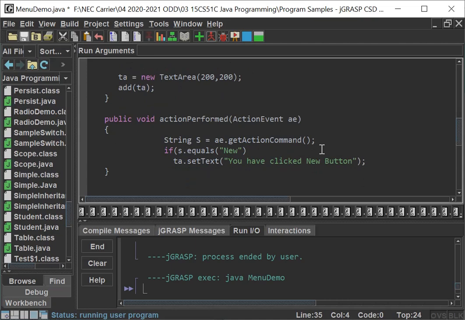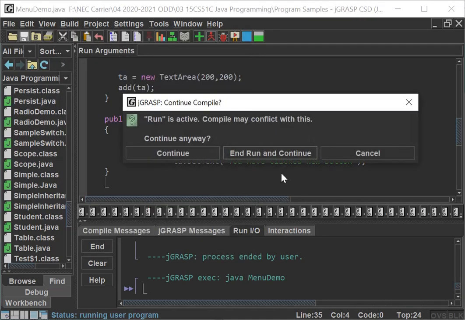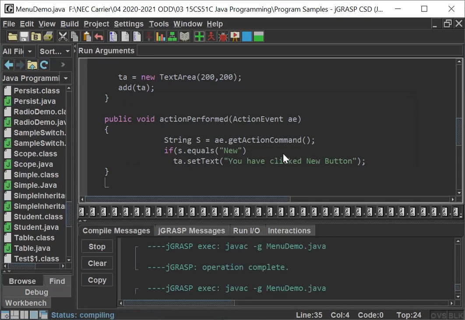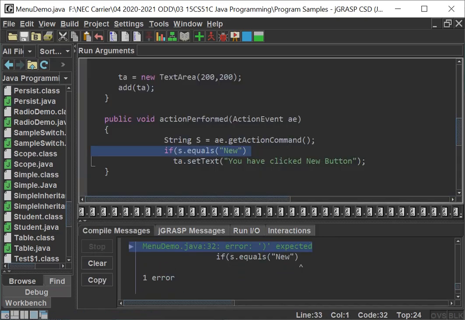Let's check whether it is processed or not. I've saved my code and compiled it. Some error is there. What is that error? s.equals("new"). What have I missed? Yes, I have missed one parenthesis. Okay, it's completed.